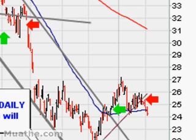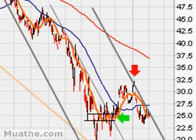Now, as for the ideas, if this market wants to rally, one way we can play this market